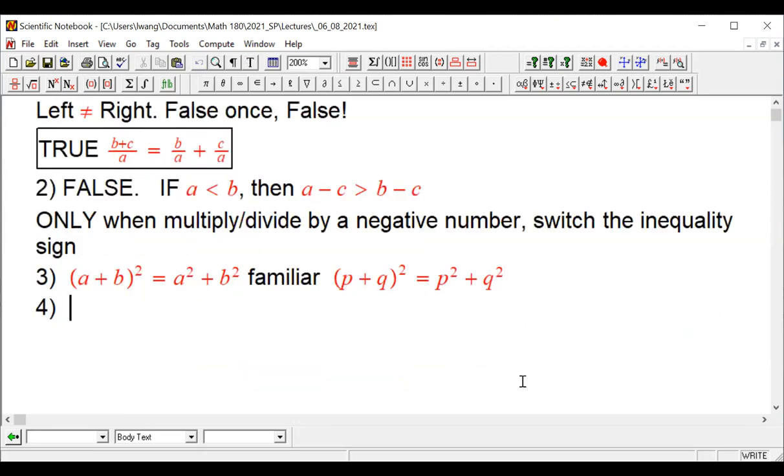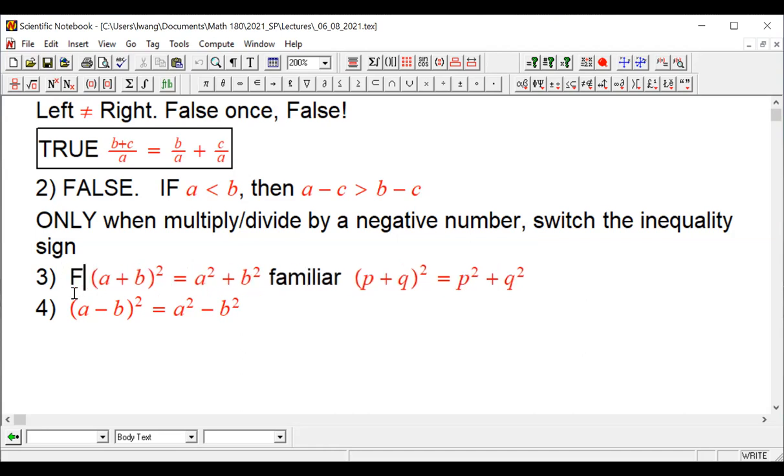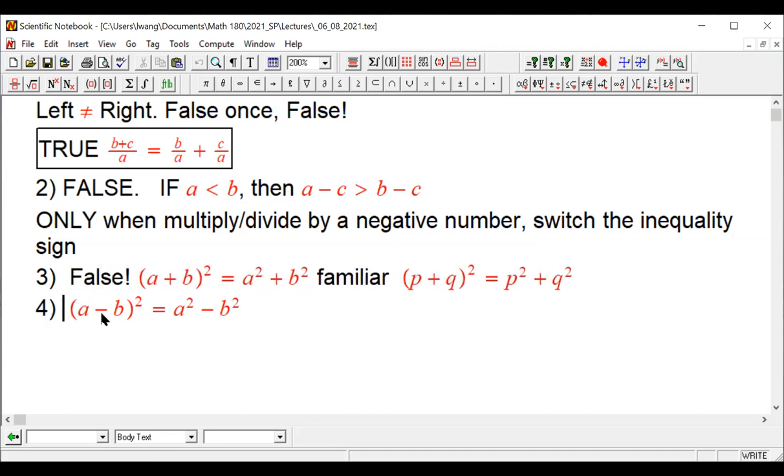And number 4, common mistake. Okay, so this is a difference of squares, and this, of course, is a mistake. This mistake you certainly can give counterexamples, but you can also show this is false. Let me put it: false. Okay, and counterexamples, you should have it, right? We're not going to address this one. This one is